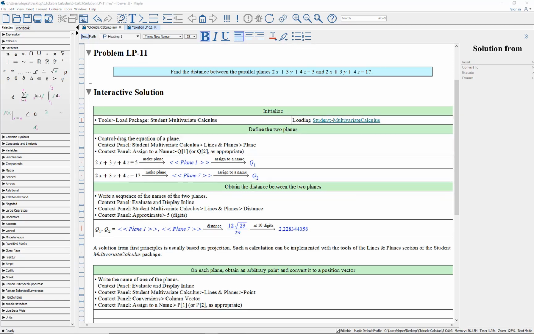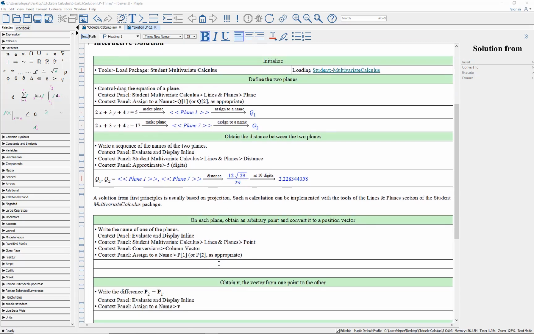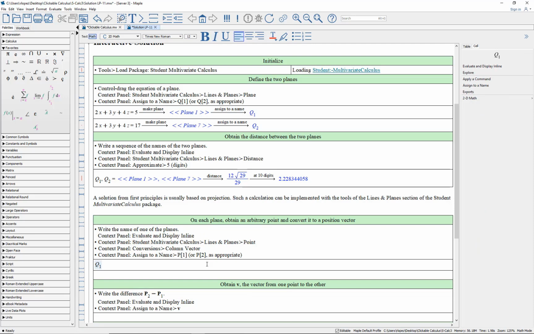Now, in a typical calculus book, this problem is solved by a projection. You get a point on each plane, draw a vector between those two points, you project that vector onto the common normal. The length of that projection is then the distance between the planes. So we can implement that here using the same suite of tools. Write the name of the plane, Q1, control equal,